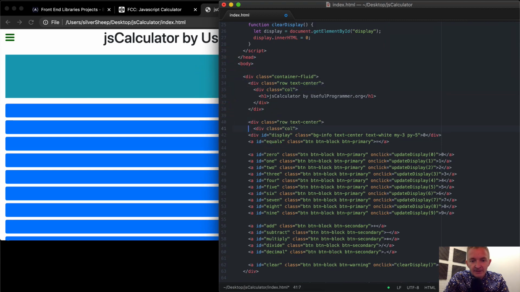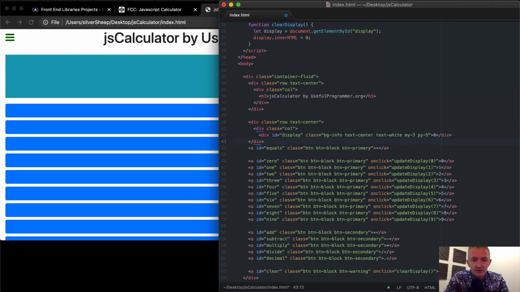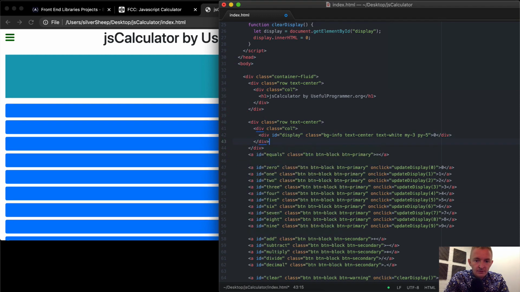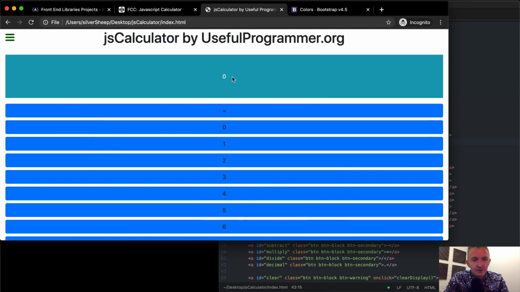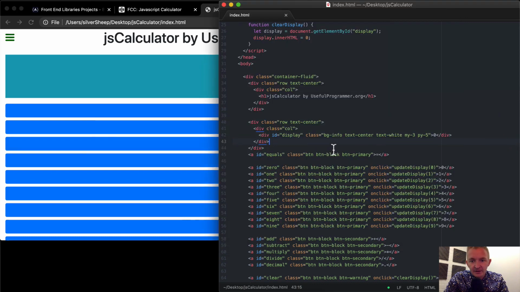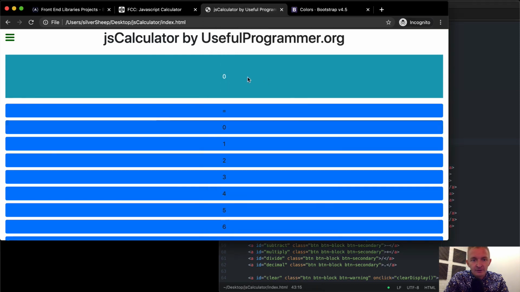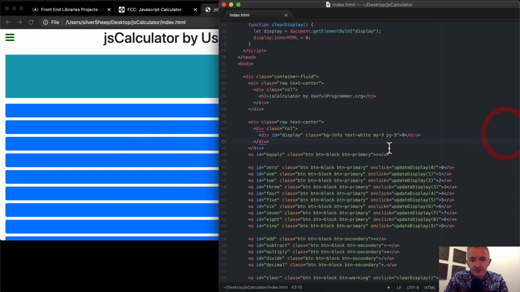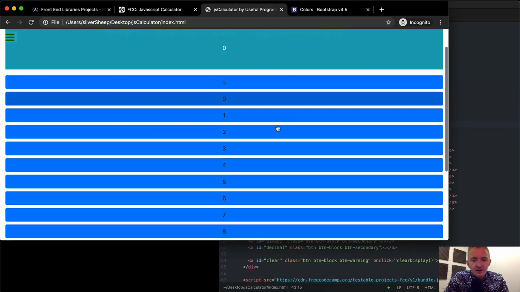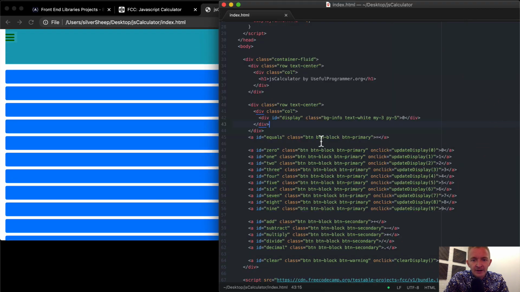So I'm just going to copy that, and we're just going to do the same thing and set this guy in its own row and its own column. Now if I save that and refresh, nothing really changes here because we already have it set up this way. We can actually get rid of the text center here now because it's duplicate code. If I refresh the page, you'll see we still have 0. So the next thing I want to do is create the next row,